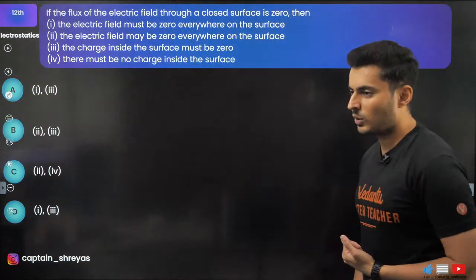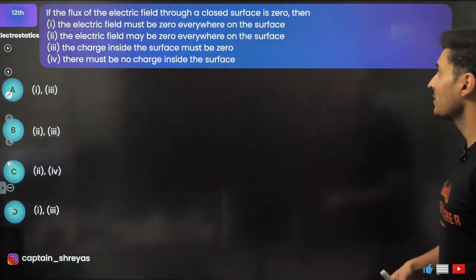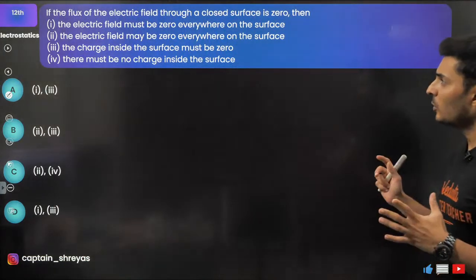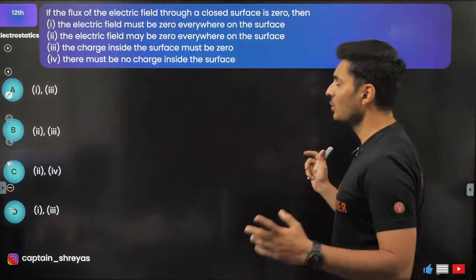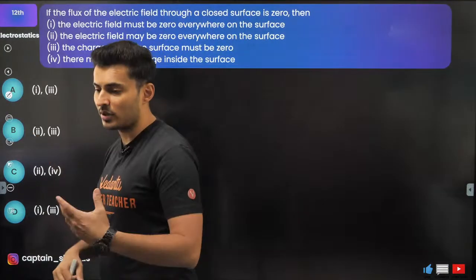And see guys, which of the following statements are correct. If the flux of the electric field through a closed surface is 0, then: electric field must be 0 everywhere; electric field may be 0; charge inside must be 0; there must be no charge inside. Now, before even going through the statements, I will think of all the possibilities